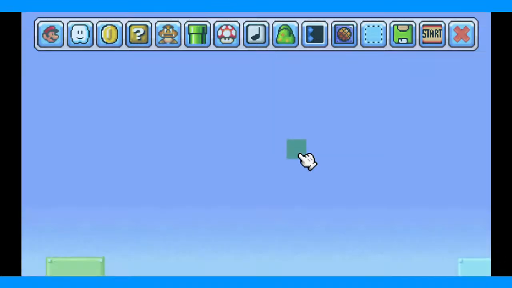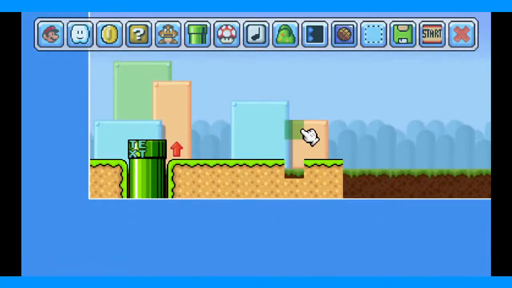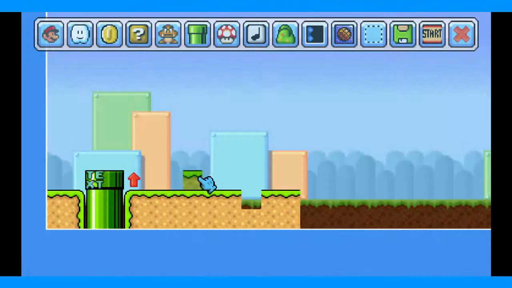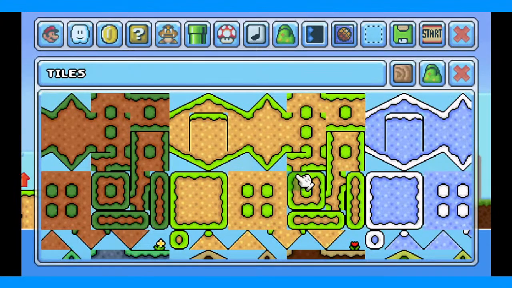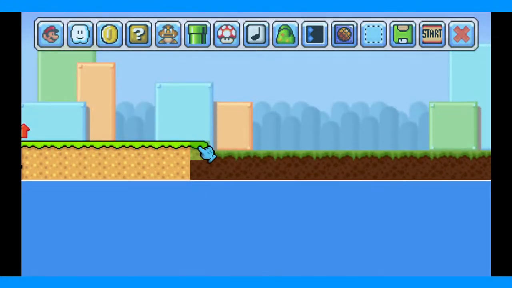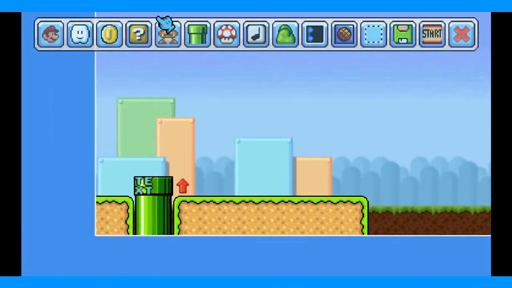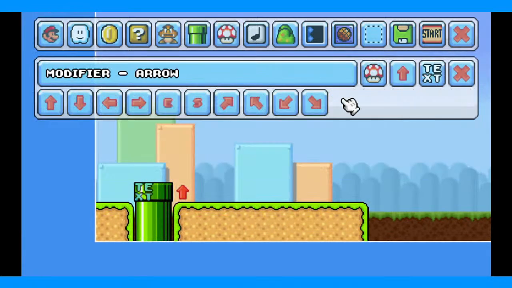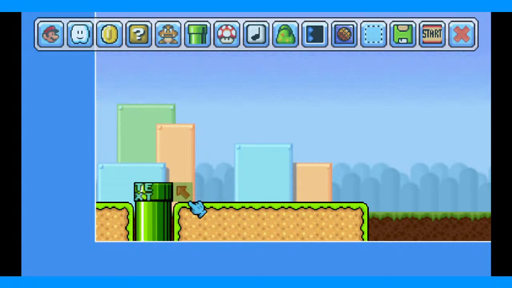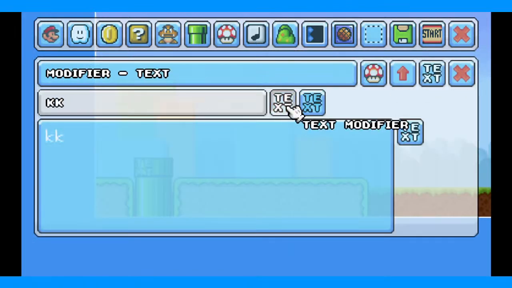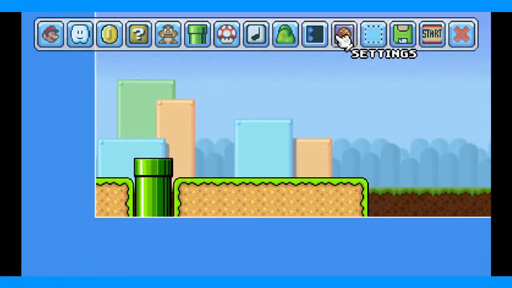Okay, so you know what? I think I'm just going to go ahead and completely start over, because I was talking way too fast and I didn't describe nearly enough of anything. So I'm going to real quickly reset the level, like so. We'll just call that KK. And then delete that. And then when we come back to this section,